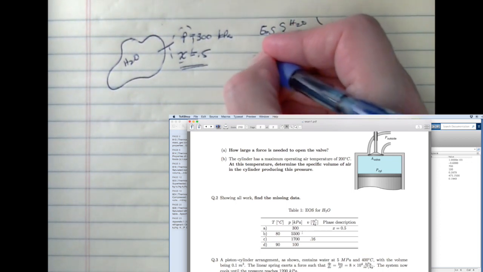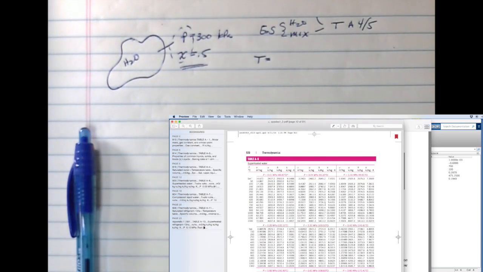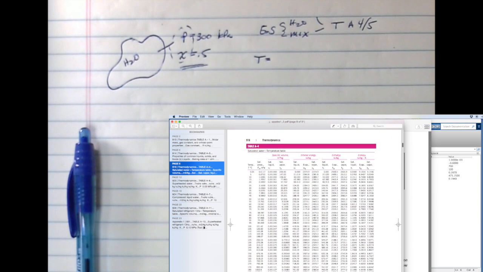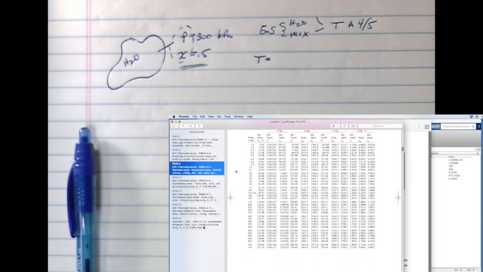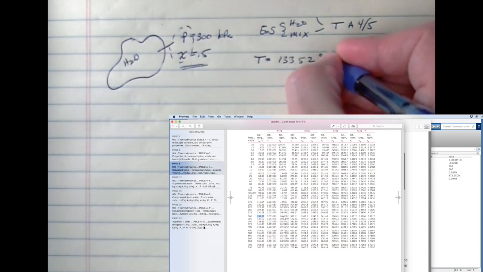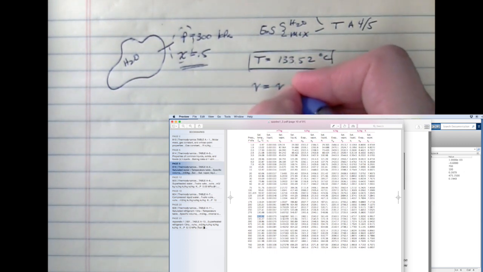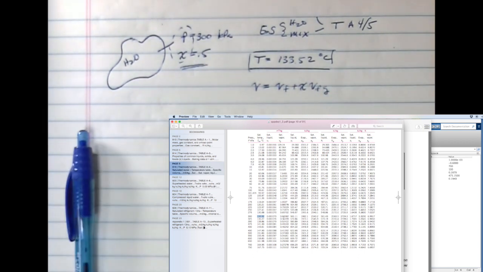So our temperature is a simple lookup. We go to our table and we look for our saturated tables, and we find, hey, here we go. Our pressure in table A5 is 300 kPa, and our temperature is given here as 133.52 degrees centigrade. That's done. And our specific volume would be VF plus X times VFG, since we're mixed. Let's grab some values. So this is VF, copy,